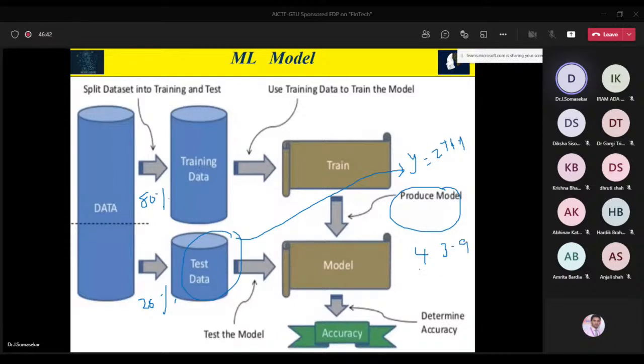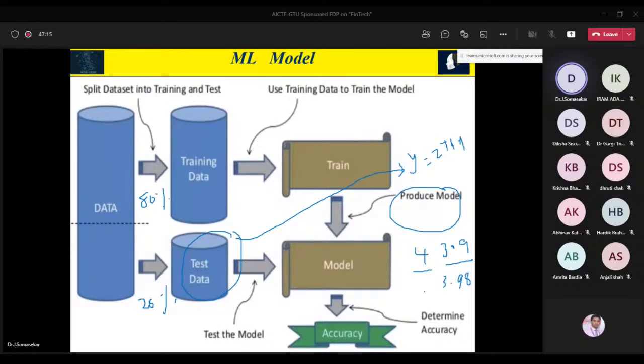We know the output in the tested data, but whether my model will predict the accurate value or not. 4 is the actual Bitcoin price, $4, but my model predicted 3.9. It's very close, so that's why it is acceptable. Suppose you are still looking for more accuracy, you can apply one more regression model or one more machine learning model. Maybe there you will get, let us assume, 4.98. Then this is much better than the previous one. Like that, we can test various models on the tested data and finally evaluate accuracy. Based on that, we can decide which model is the best and deploy it to the application.